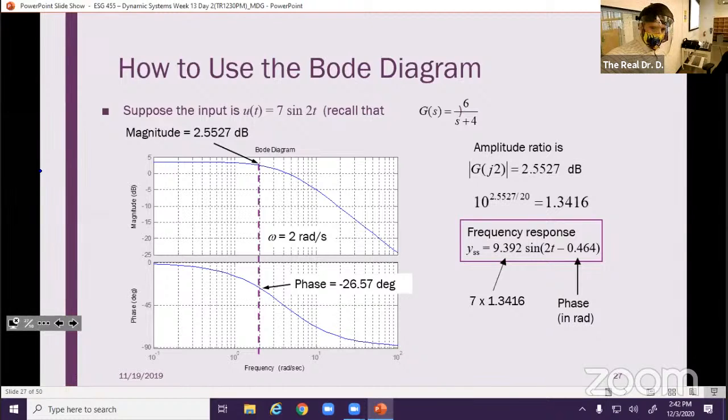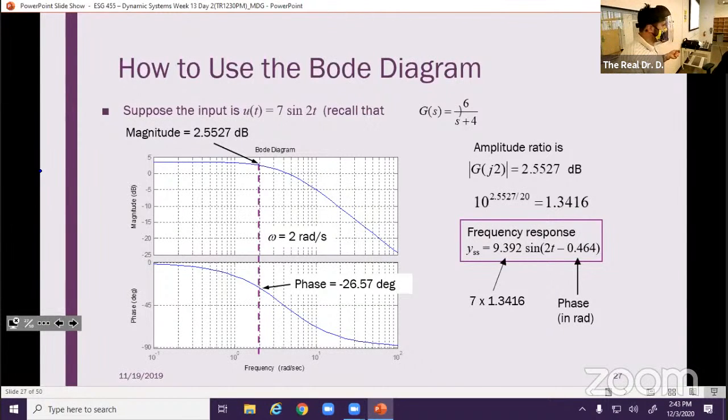And I look at my Bode diagram and I say, well, this has a magnitude of 2.5527 here. What if you didn't have a way of being super accurate like that? What if this was just a piece of paper that someone handed you? Well, you would look at that and I would hope that you would say, that's roughly 2.5. Rough estimate. It's about 2.5. Okay, but that's great, but that's in decibels. So what do we need? We need to get this in